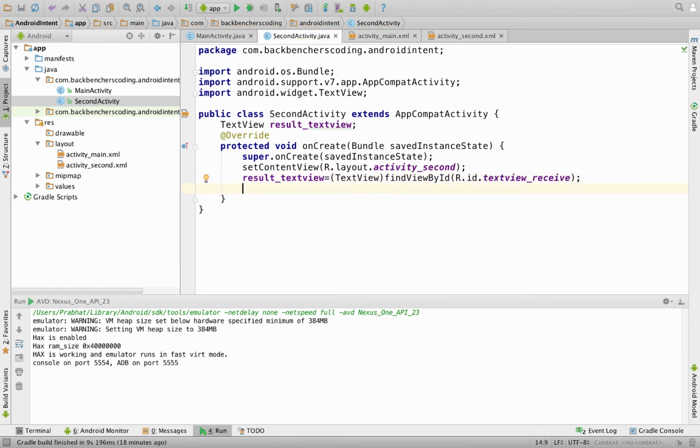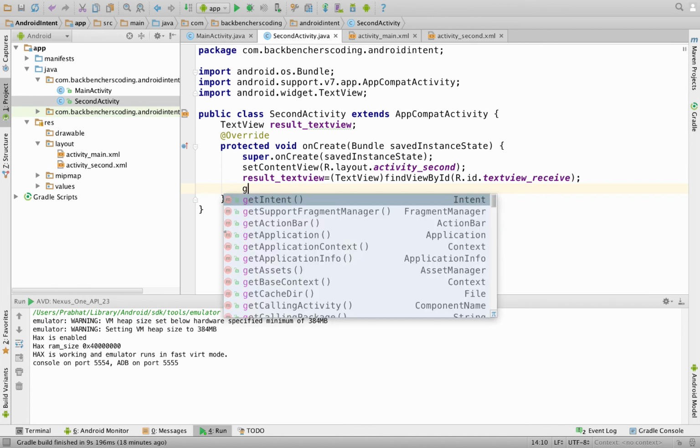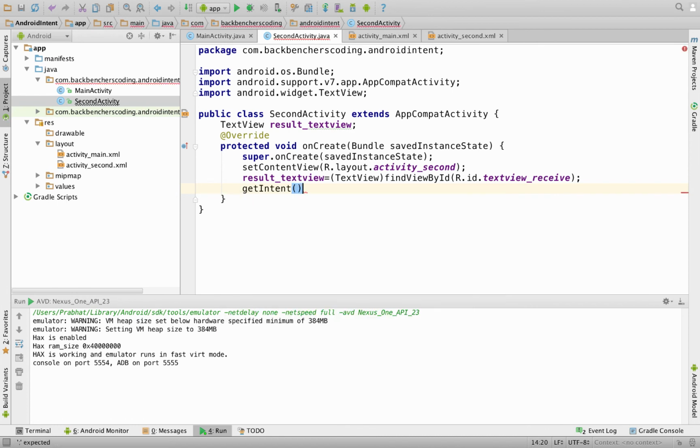Now we are going to get our intent by using the function getIntent().getExtras() like this and we are going to save this message in a Bundle object like this. Now bundle is used to share data between activities.